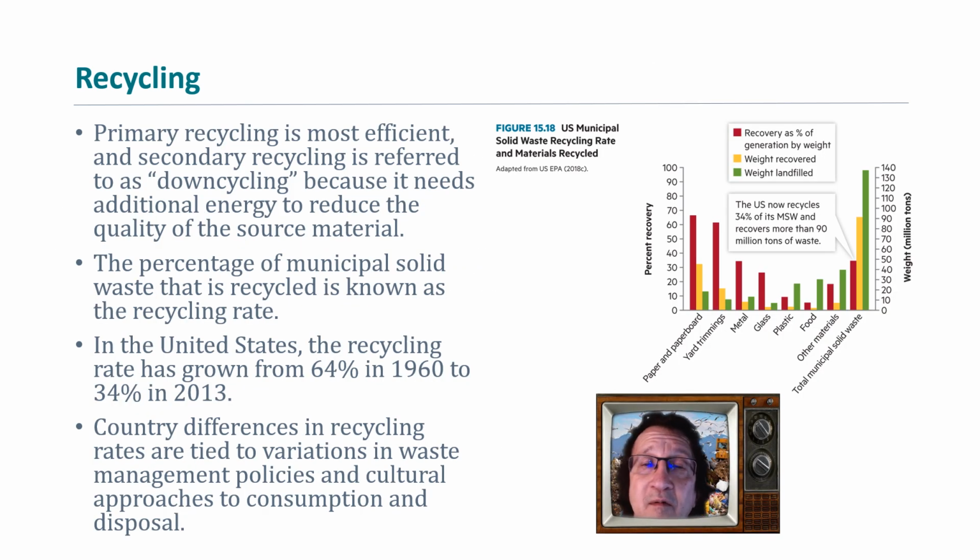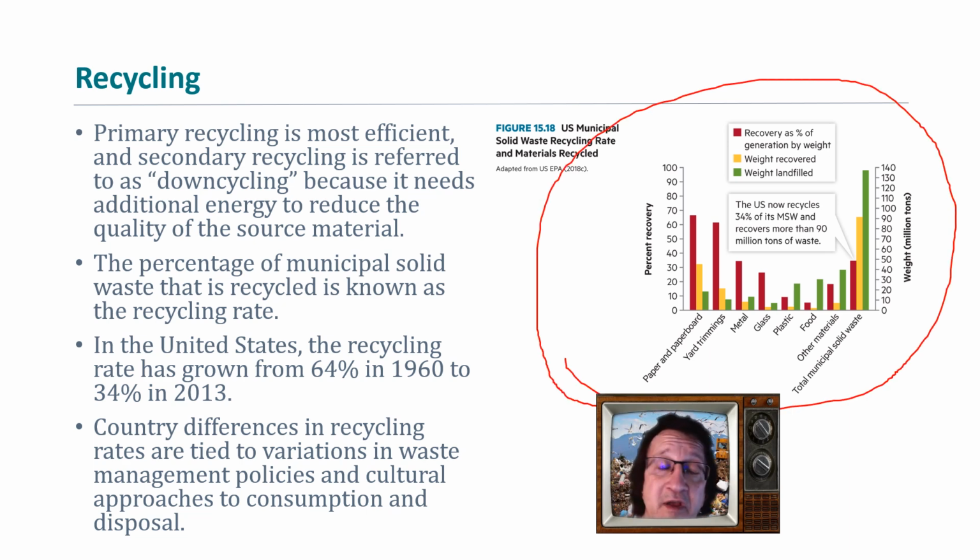So, read your book more about this, because you can see in this chart here what products are more likely to be reusable, primarily recycled, secondarily recycled, and whatever. But there's lots of data out there about the effectiveness and the efficiency. But we also got to think about, guys, the hidden costs, what we sometimes call the extrinsic costs of the pollution produced. Is this impacting certain people? And the actual cost itself, is this subsidized? Because in a lot of places recycling is subsidized.